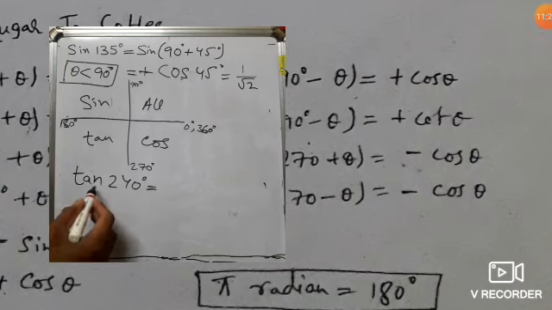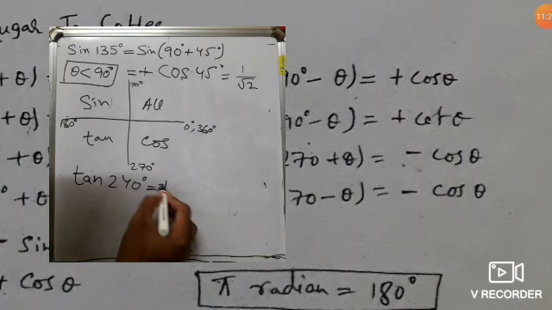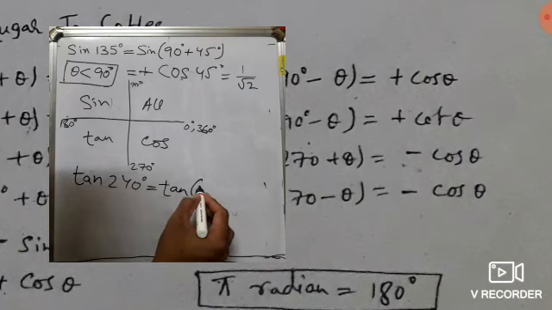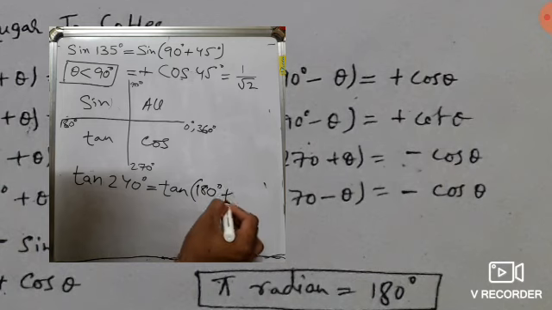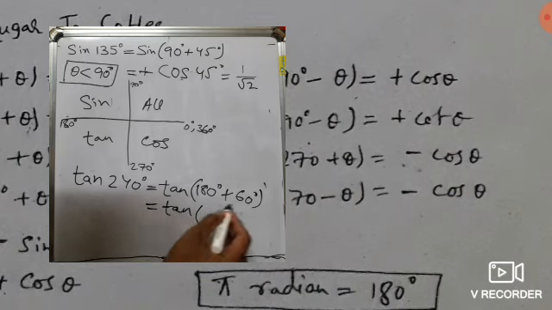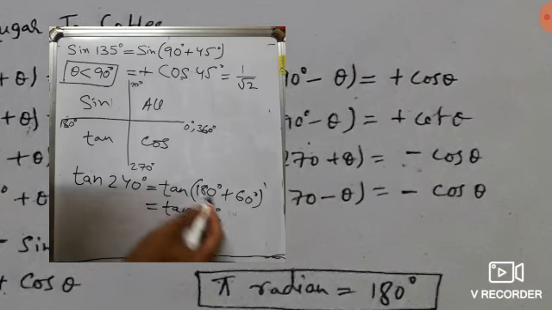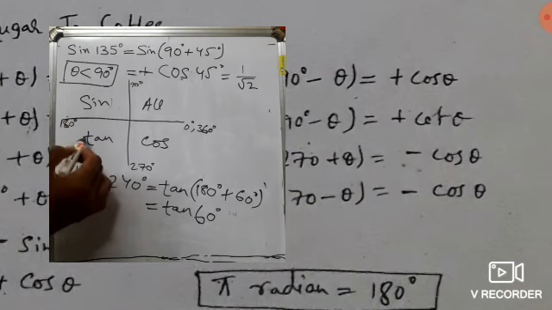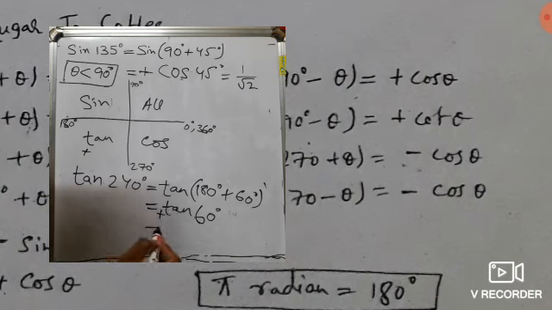So what will be the value of tan 240 degree? It will be tan of 180 degree plus 60 degree. Now tan 180 means 90 into 2, which is even, so it will remain tan, and the angle will be 60 degree. 180 plus 60 falls in the third quadrant, where tan value is positive. So here it will be a positive sign, and the value of tan 60 degree we know is root 3. So the value of tan 240 degree is root 3.